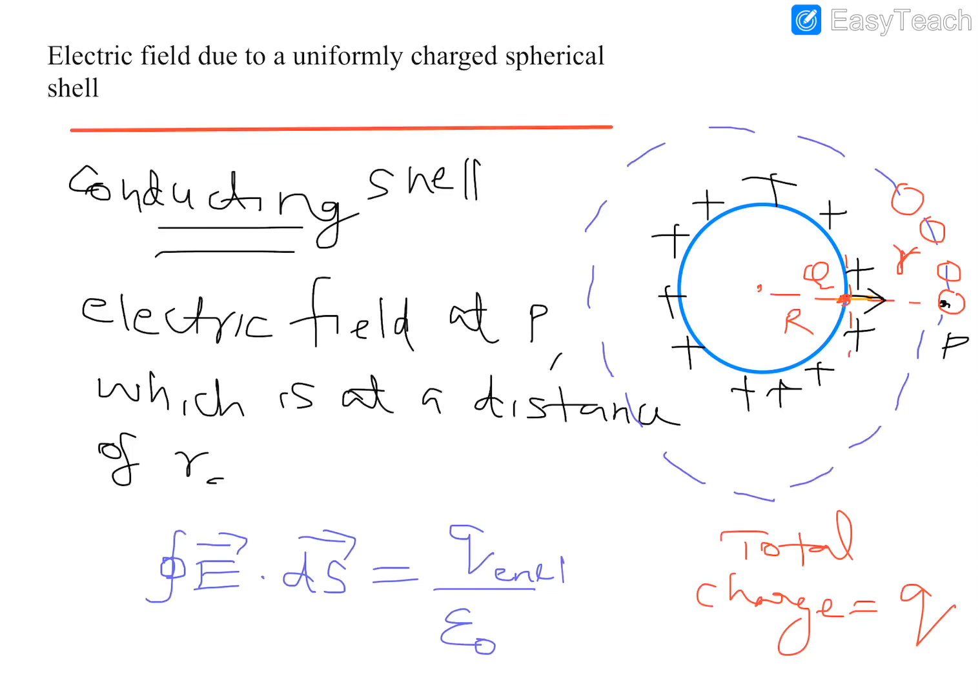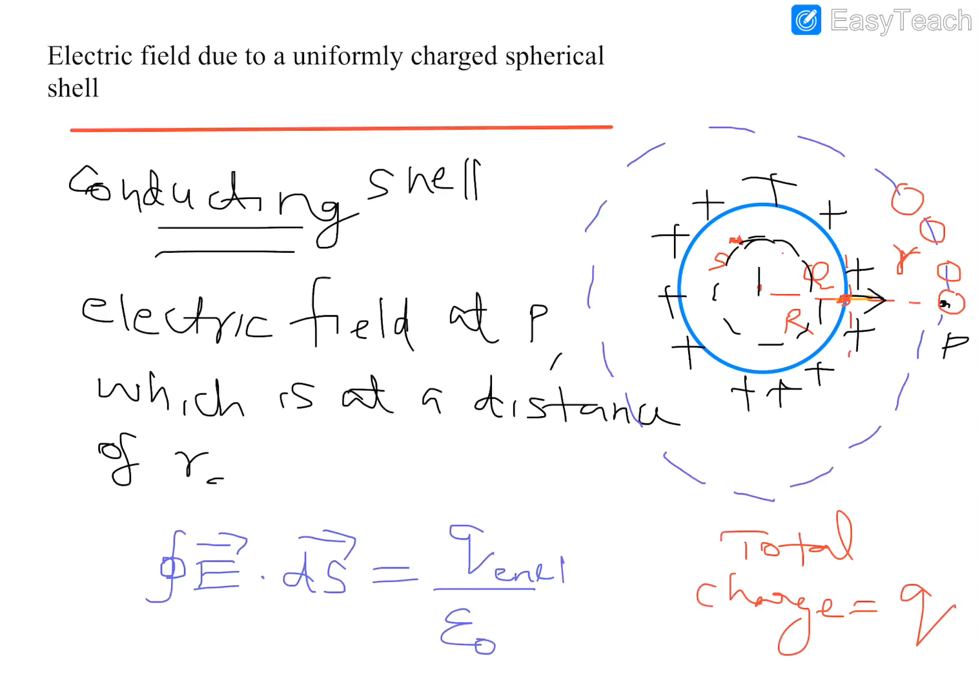Now let us find the electric field inside. Let us consider a point, so that we can consider R. Sorry, R is already considered as radius, so let us consider S. At S, let us find the electric field which is inside the spherical shell. Okay, so what is the procedure? Again, consider a Gaussian surface, which is again a sphere, which will include your point S. So this is my Gaussian surface.